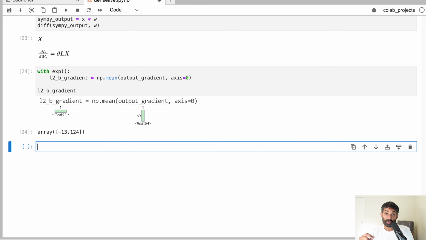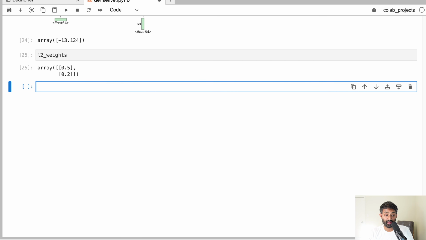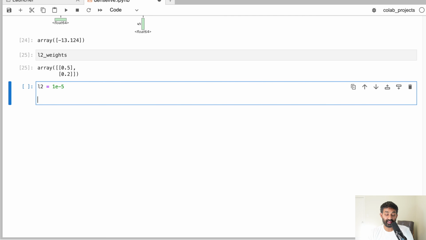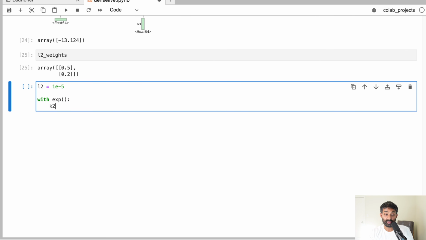All right, so once we have our gradients, we can use gradient descent, which we learned in the last lesson, to update our layer 2 weights and biases. So let's first take a look at the original weights. So that's 0.5 and 0.2. Then we can set our learning rate, which is 1e-5. As you'll remember from the last lesson, you need a really small learning rate to avoid taking a step that's too big. Then we can update our L2 bias,